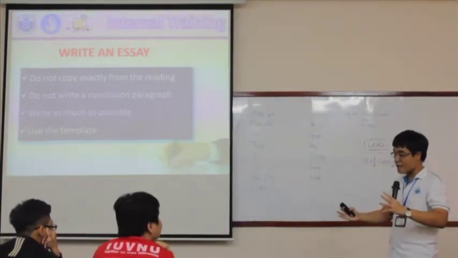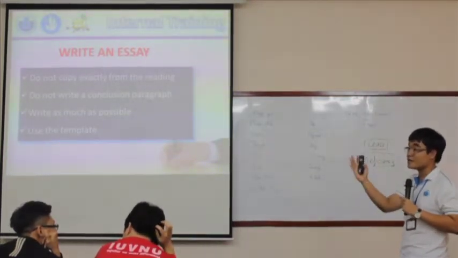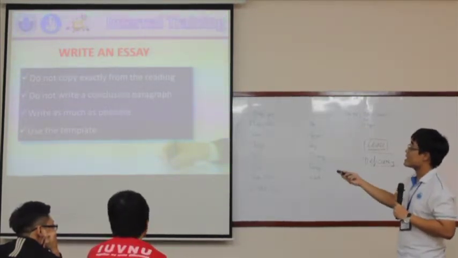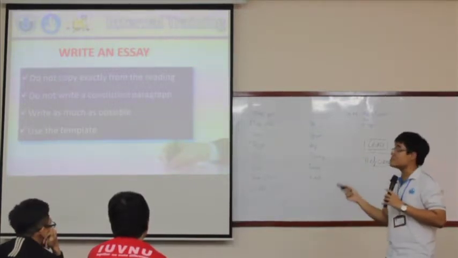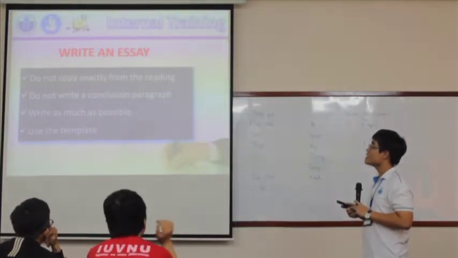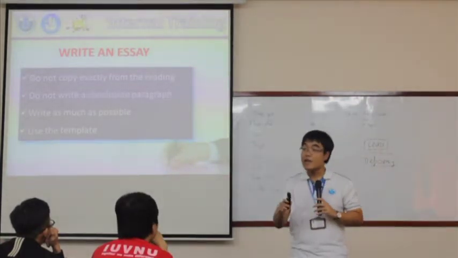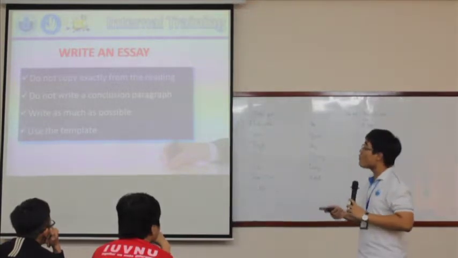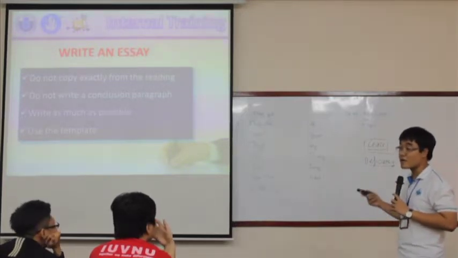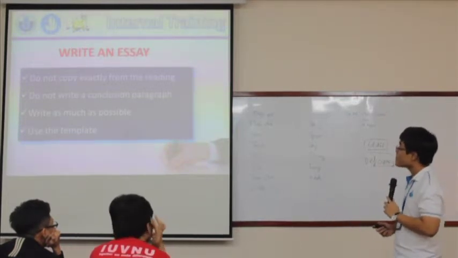And now, for the last part, when you have the differences between the reading and the listening passage, because when you note down, you usually draw 2 columns. On the left side is the reading, and on the right side is the listening. Then you combine them to write an essay. And you have 20 minutes to do this task. So I have some hints for you to do this effectively. First, do not copy exactly what is written in the reading passage and paste it into your writing, because the judge wants to mark a human, not a machine. Copying and pasting is machine work, not human work. So they want to see your own work.